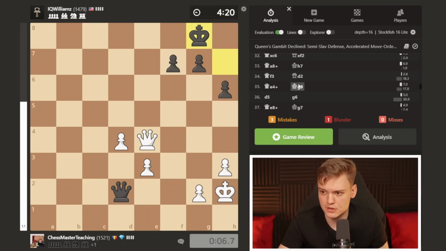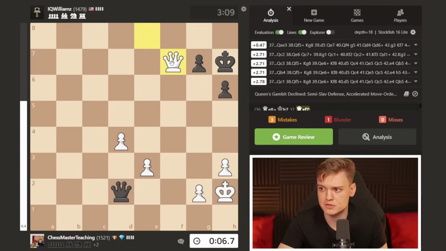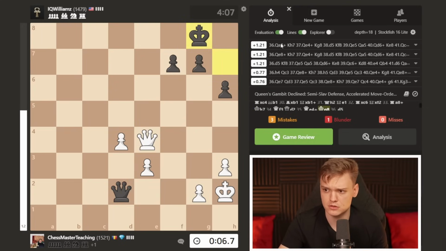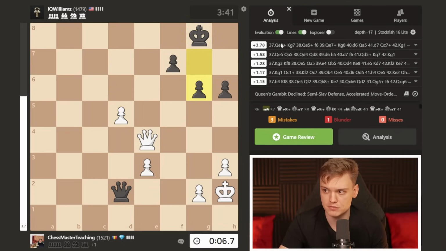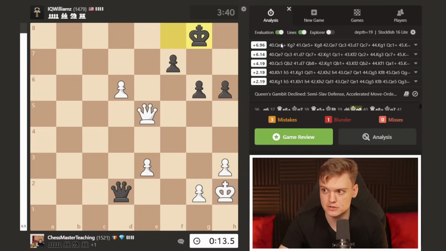So yeah, Queen f3, check. Now, just to show you, I guess it wasn't the best to take on f7. Yeah, Queen e3. Notice the computer eval, how much it changes. It's almost like a 0. So I felt it's critical to keep the pawn and play d5. And yeah, then we had this critical idea d6, and now